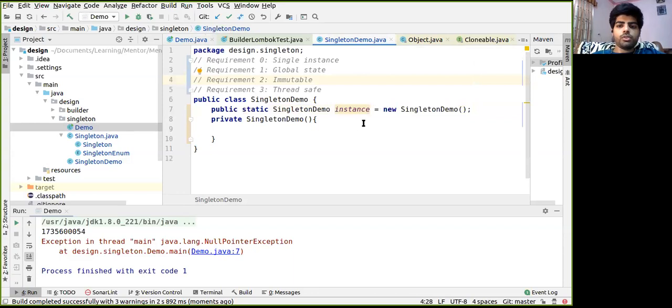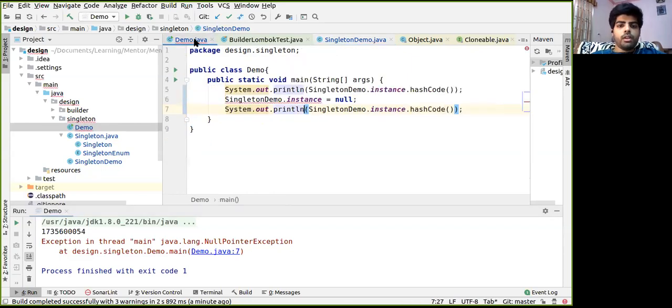So how would you convert this to immutable? There's a keyword in Java called final. If something is declared final, then it should be instantiated right there, or else it should be instantiated in the constructor. Since we are not using the constructor here, we'll instantiate it right here, and final would work for us. Now this line gets an error, as we cannot change the reference of a final instance.